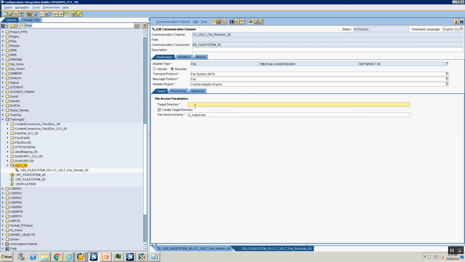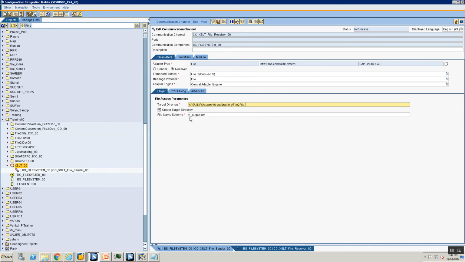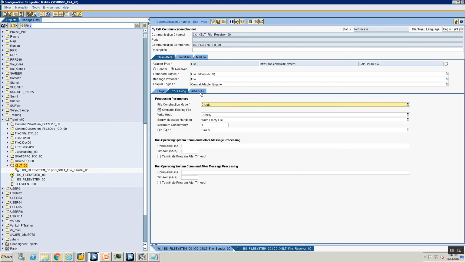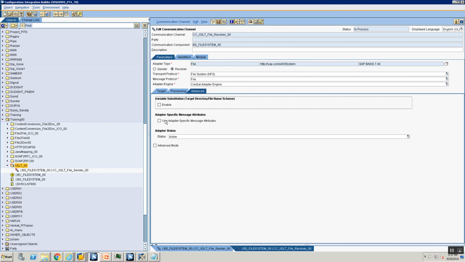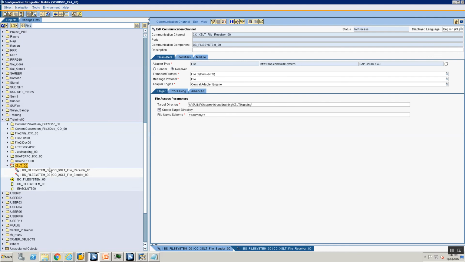My directory is going to be, let's create one more directory, XSLT mapping, let's call it dummy. In the processing mode I'm going to say create, and in advanced I'm going to say use adapter specific attributes and file name. Okay, so my two file adapters are created.